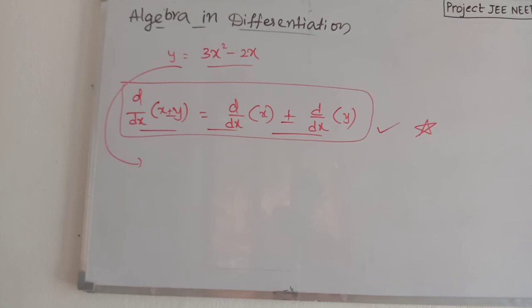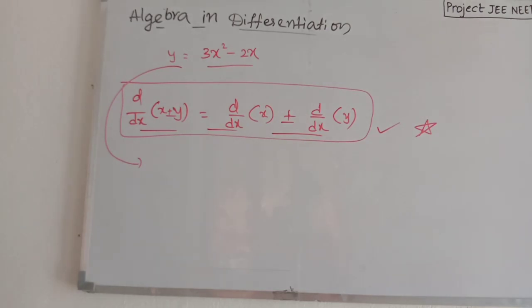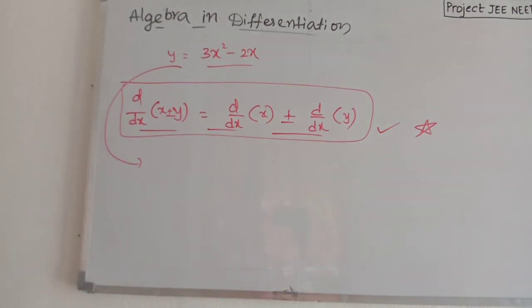Instead of multiplication and division, which are somewhat rare compared to addition and subtraction in differentiation, just try the answer quickly. In this problem, y is equal to 3x square minus 2x is given to you, and just try to find the derivative by using this formula. I'll give you time, pause the video and try. By trying, you will get a clear idea in your mind of how we will do this type of problem in this manner. And if you get the solution, then you will be happy.